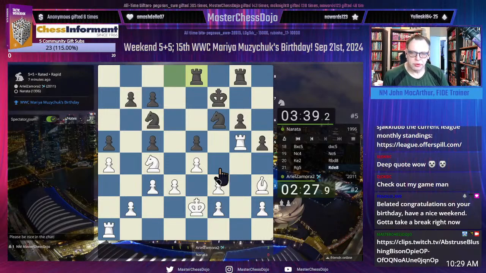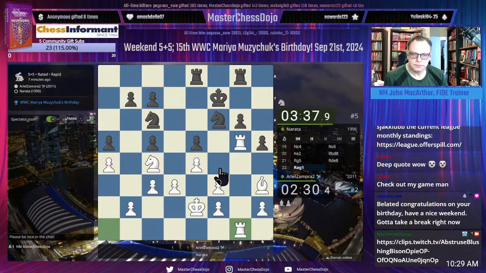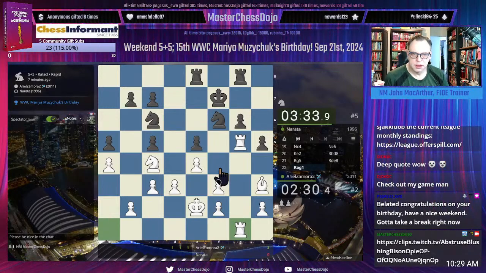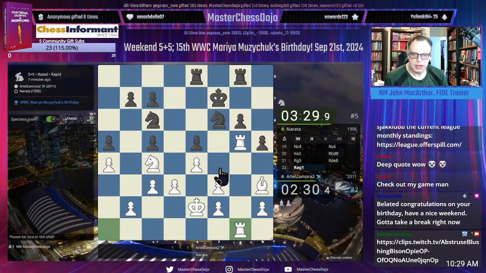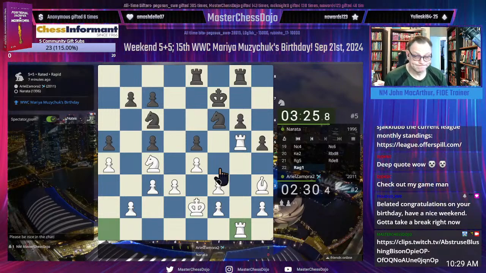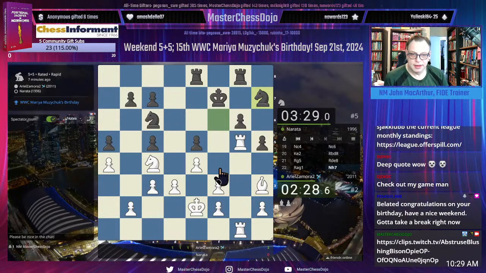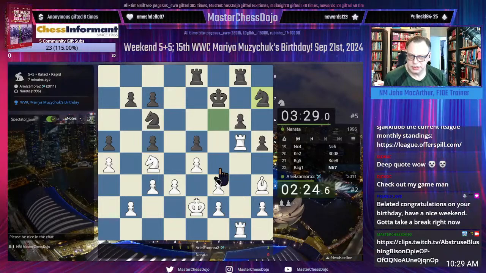Not entirely sure what we're waiting for here. And black's position is very close to Zook's file. b6. I don't think this works. Does it work?